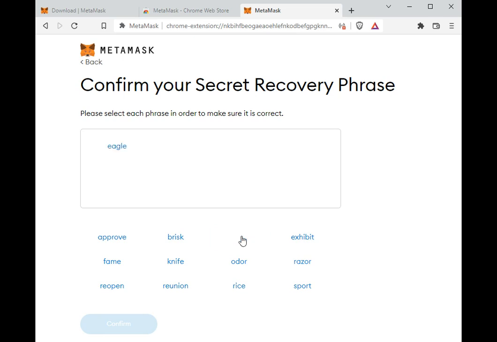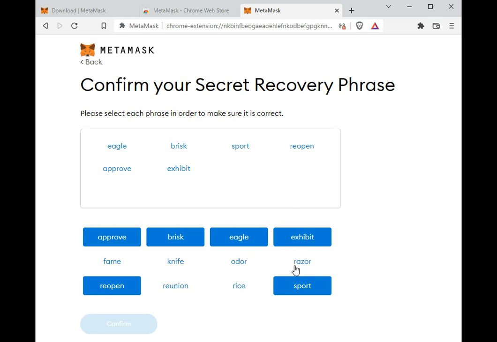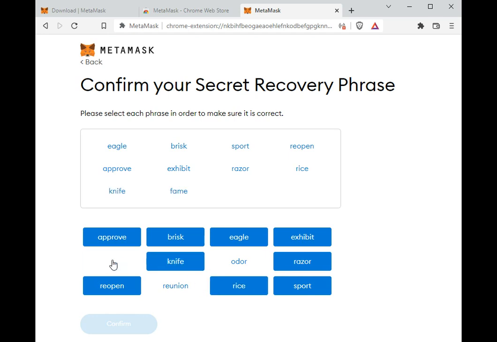Eagle and brisk and sport and reopen and approve and exhibit and razor and race, knife, fame, reunion, order,